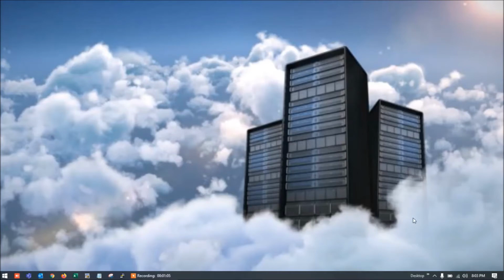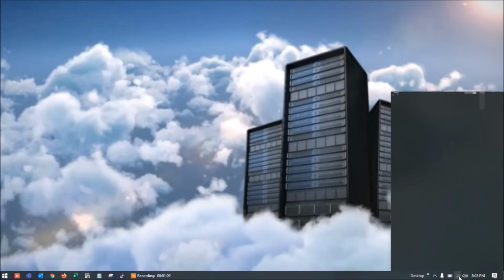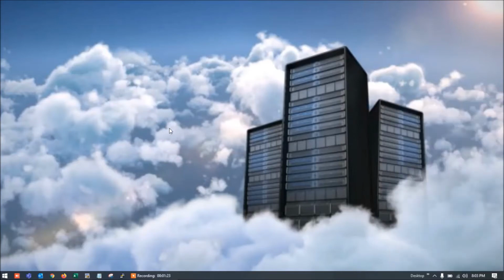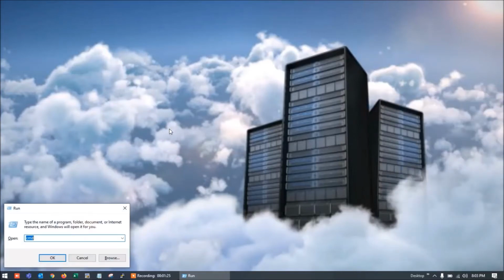on the laptop. At the bottom you can see all the SSIDs which are coming up. Currently I am connected to this one, 192.168.1.1. This is my Wi-Fi name, so currently I am connected with that. If I need to know the password of this Wi-Fi, we can simply go to Run. We can simply press the Windows and R keys, and you can see this,